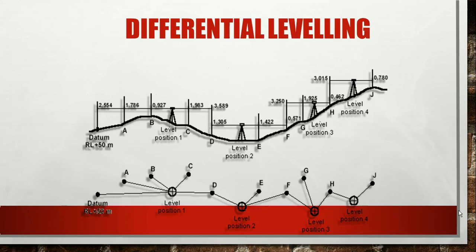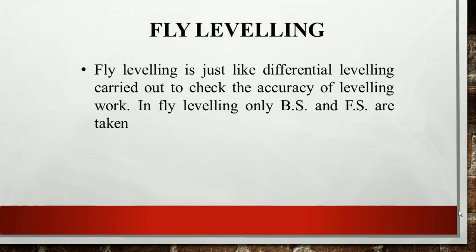Next, this is an example of differential leveling, right? You have to calculate the elevation difference between 2 points, that is the datum. The RL of 50 meter is already known, that is the benchmark, and the point J, right? For that you have to carry out the differential leveling operation, in which you have to change the position of the instrument, the level, to different points, and carry out the leveling operation, right? The two stations are too far from each other. That's why you have to carry out the differential leveling operation.